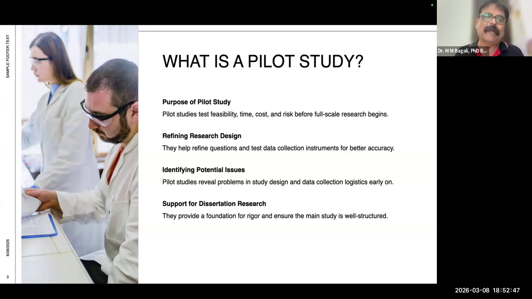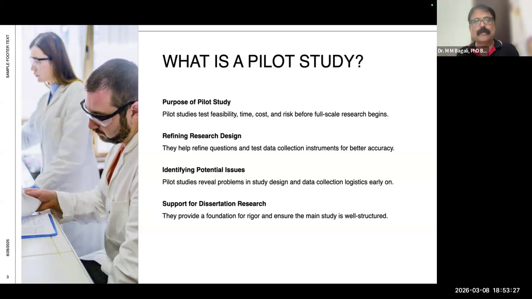Okay, and whom do I need to pick, which level of students do I need to pick? Is it 8th standard, 9th standard, 10th standard, 7th standard, 6th standard? And is this an appropriate study? Can I do a study of social media influence on the psychological behavior, the behavioral change, the behavioral aspect of the students in any of the schools? Is this the right study to do at 5th level or 6th level or 7th level? That question would be answered when you go to a pilot study.